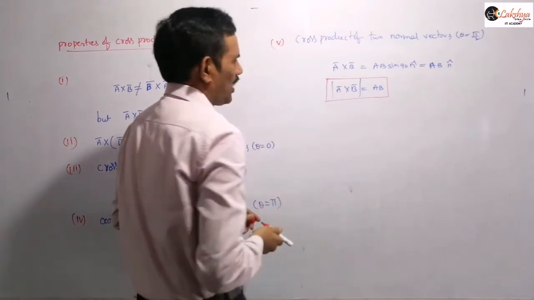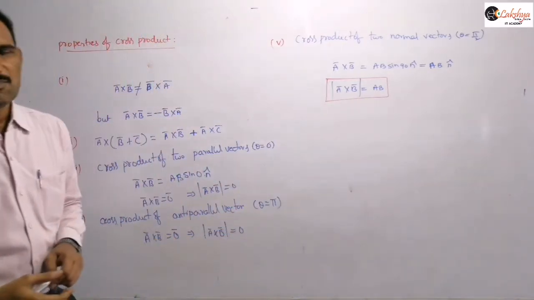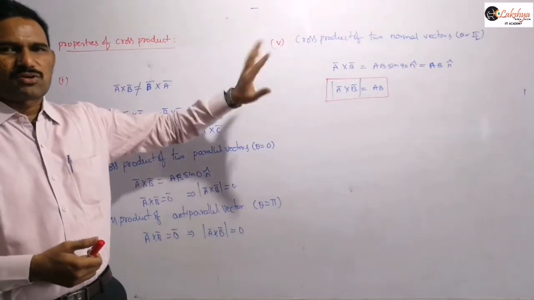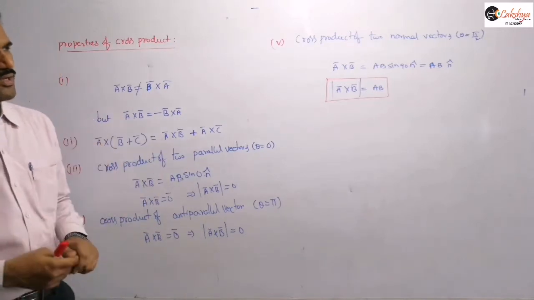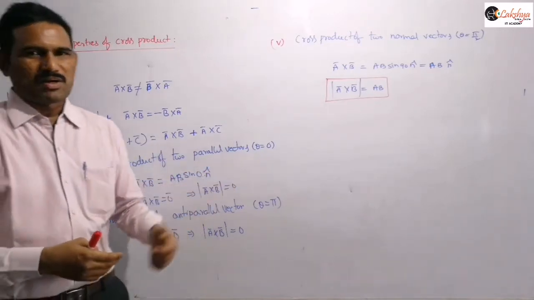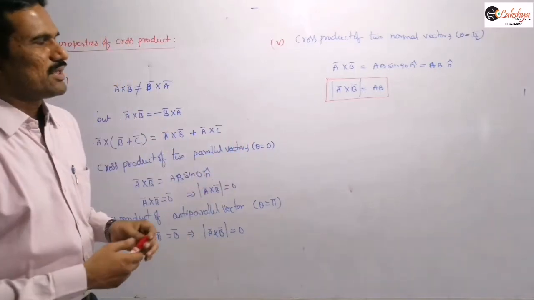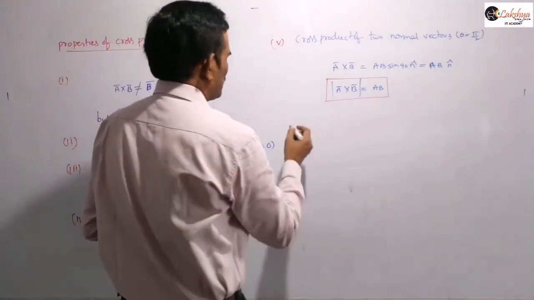And when they are perpendicular, there is importance for the dot product here. The dot product of those two vectors will be 0 when they are perpendicular, and you will get the maximum when they are parallel. But here you will get it like this. And so next let us see